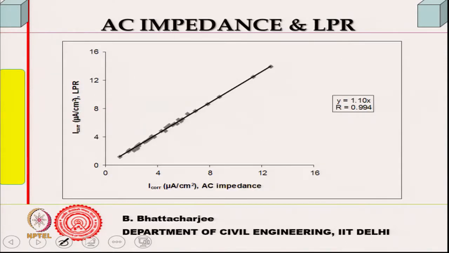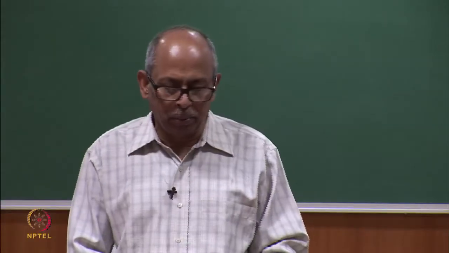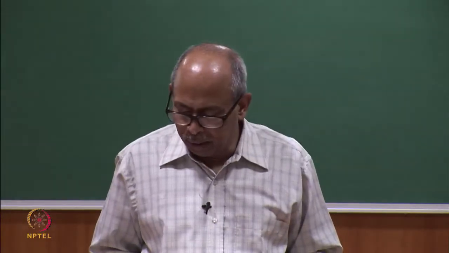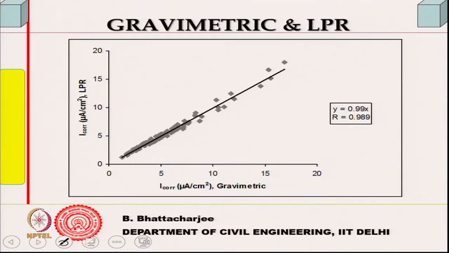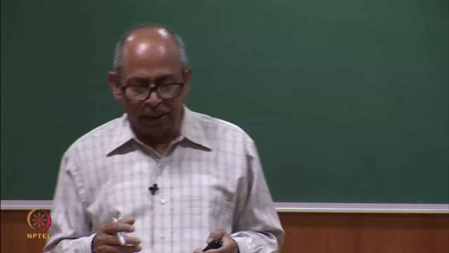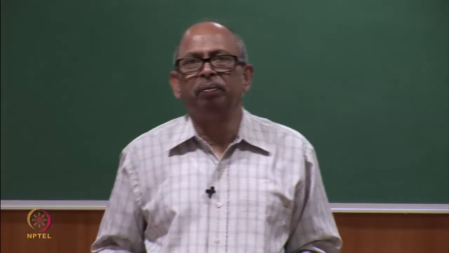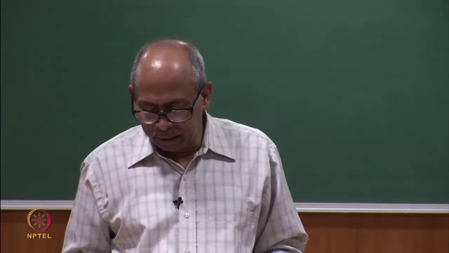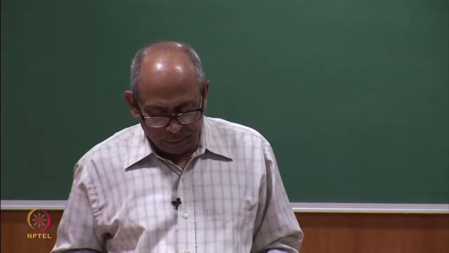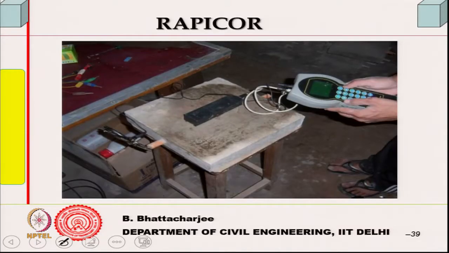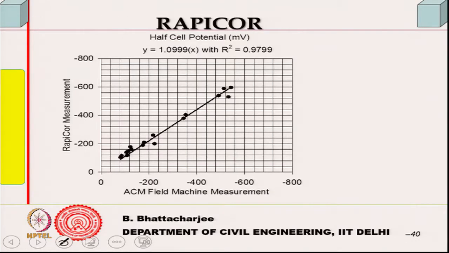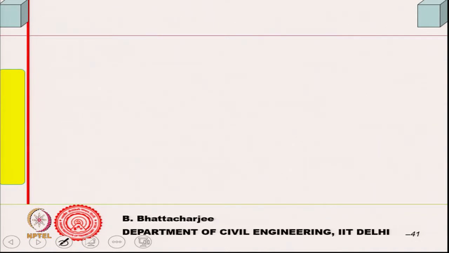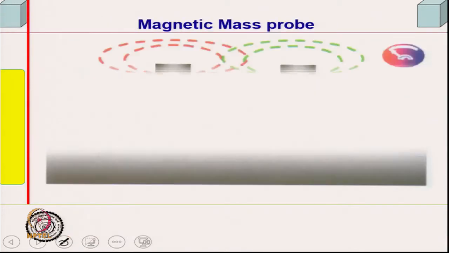One can compare AC impedance spectroscopy and LPR by the same instrument, this is possible. Gravimetric in the laboratory you can compare, but at an actual site, doing LPR and then gravimetric, you have to do gravimetric over the years many times to find out the rate. That kind of validation has not really been done much. I said this is one of the measurements, like the RAPIC measurement I was telling you. Commercial instruments are very much there, and one can use them.